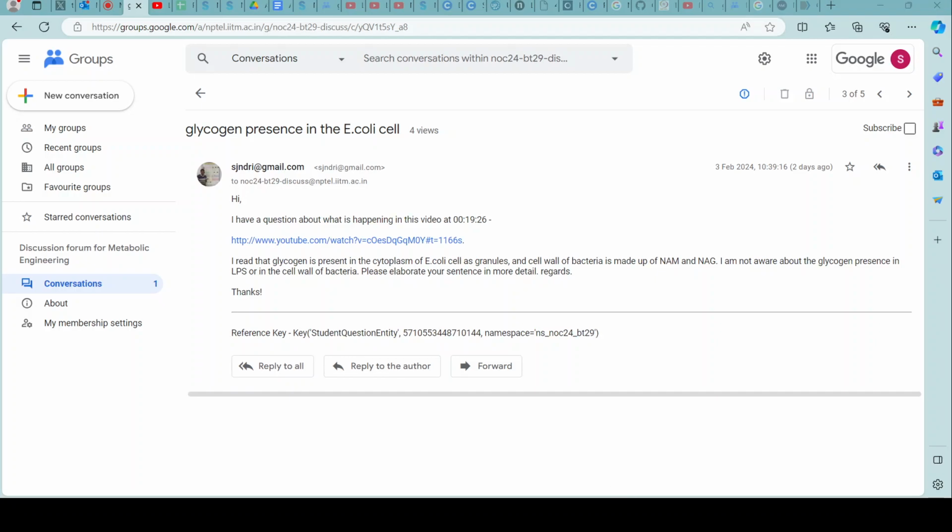Although there are reports stating that in yeast, Saccharomyces cerevisiae, glycogen is covalently linked to the cell wall. I have put a link to that in the slide, which will be shared with you later. So to clarify, it is not present in the bacterial cell wall, but there are cases where glycogen was observed in the cell wall as such. Was it clear, Surender? Yeah. And the next question was